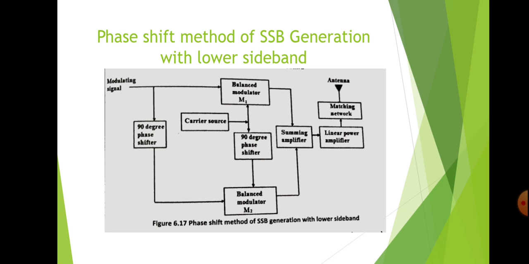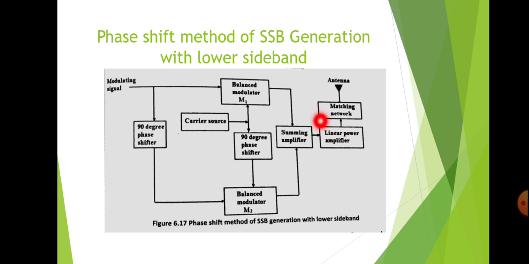Similarly, we have generated the upper sideband. Similarly, we can generate the lower sideband. For that, we give the carrier signal like this. Here the balanced modulator M1 receives the carrier signal directly, and the balanced modulator M2 receives the 90 degree phase shifted version of the carrier signal. So at the output we will get